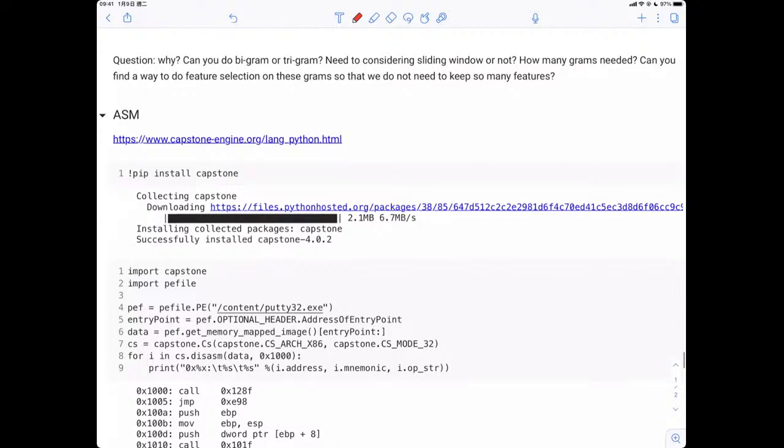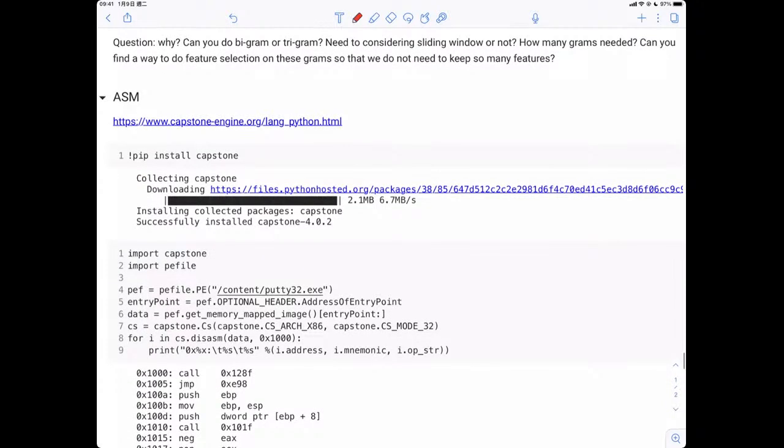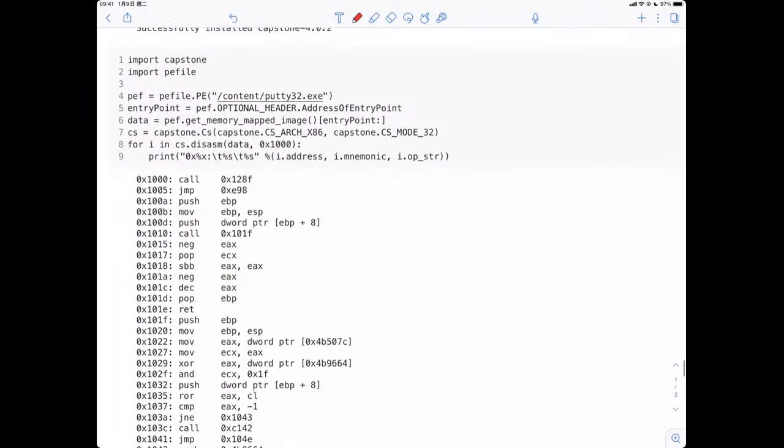So the next one is assembly. Basically, because our code in the text section is compiled machine code, right? So basically, you can disassemble them.